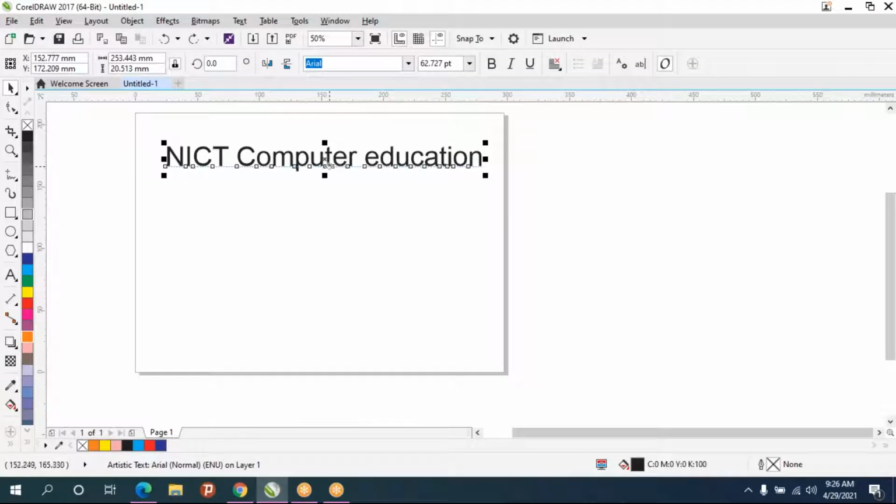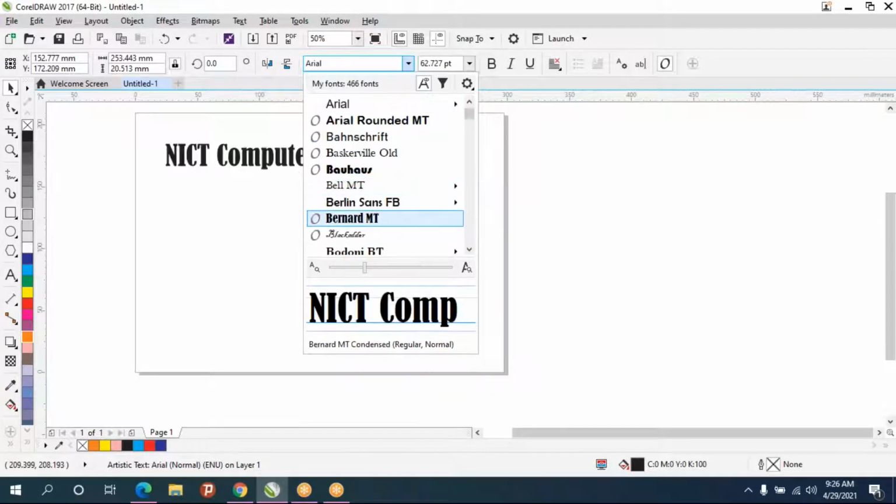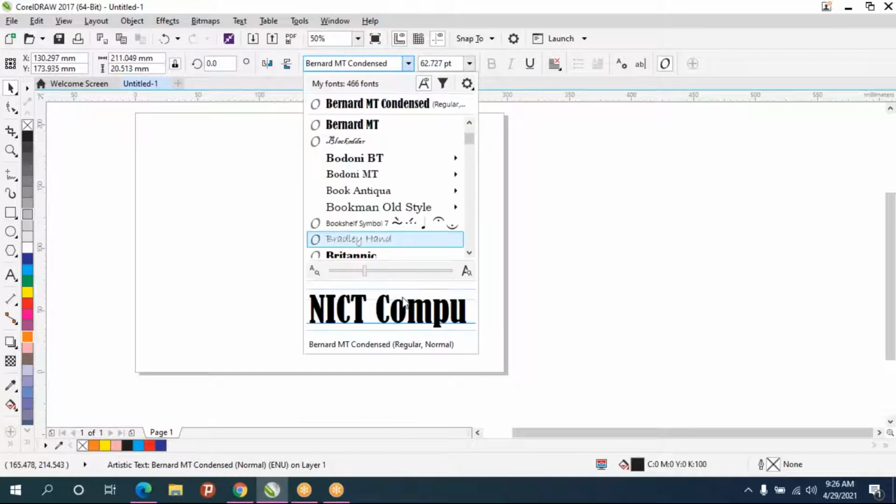And if you want to change the font style, always you can change the font family and the style. So font style will be here: bold, italic, underline, and we have different types of font family. That also whenever you want you can change it.